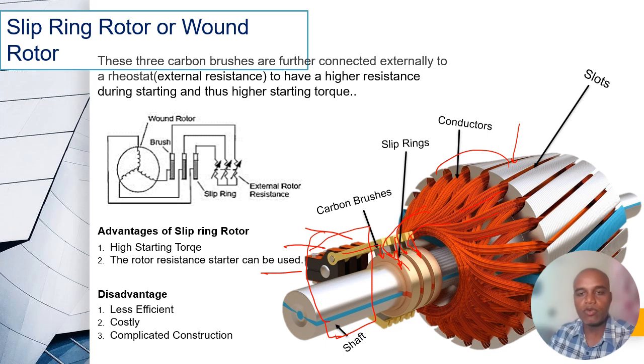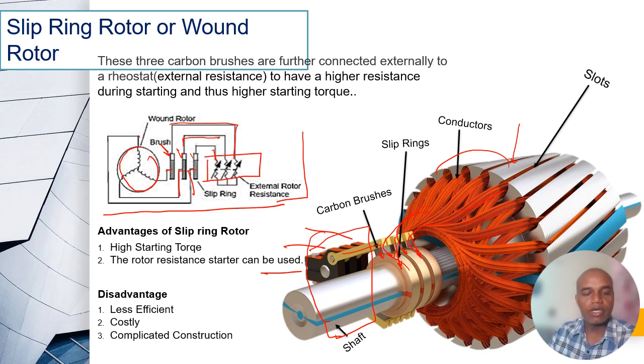As the rotor keeps on rotating, I have to apply some arrangement by which I can give the supply to my rotor windings. What are the advantages of it? This is the equivalent circuit of my slip ring induction motor. Here it shows a three-phase winding. All these three-phase windings are connected through the slip ring, and the slip ring has the brushes over it. So these are the brushes, and if I'm giving supply to it through the brush arrangement,